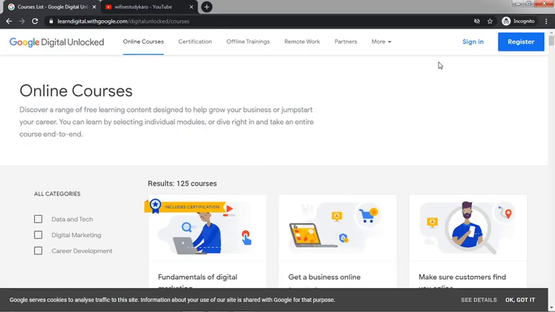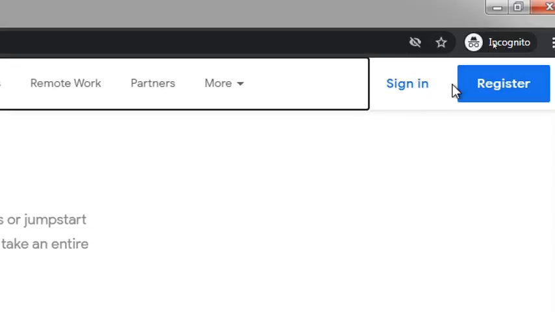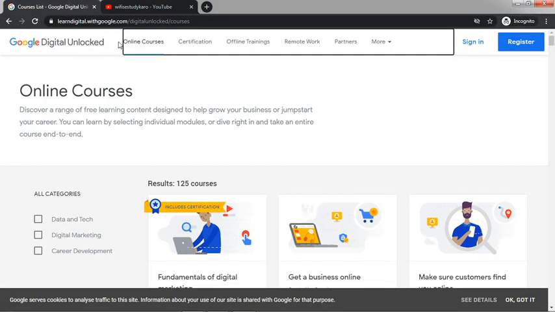And this is a page where you can get the certification courses. All you need to do is register on this website or sign in from your Gmail account. I have given the link in the description so that you will be directed directly to this page. You need to register with your email ID or Gmail account, and after registering, these are the online courses by Google Digital,